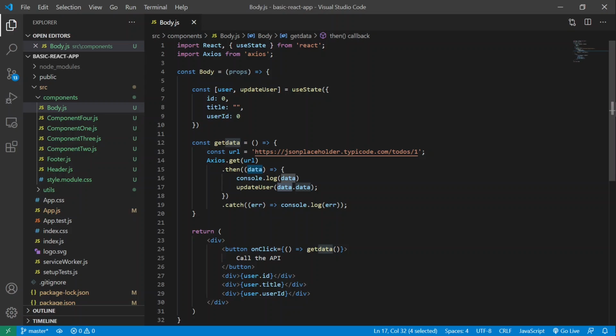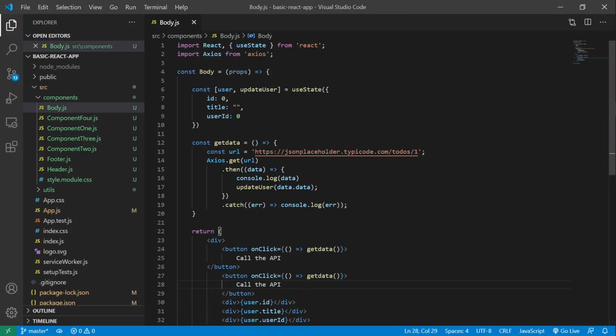So I have already created two APIs, one post and one put API, and we will try to trigger that API and we will add some data into that API and we will see that data on our server. So first we will create a button to call that API. So first we are going to update this label to get API, which will get our API, and in the second button we will add a label of post the data,